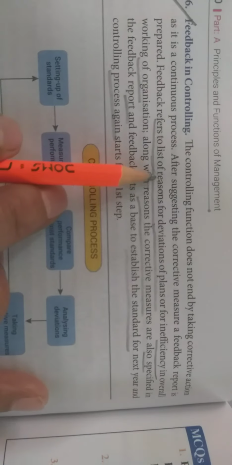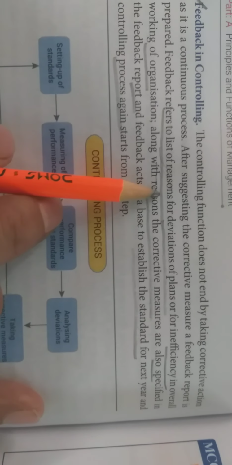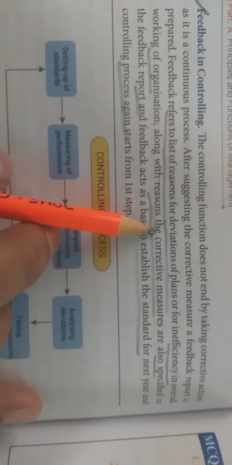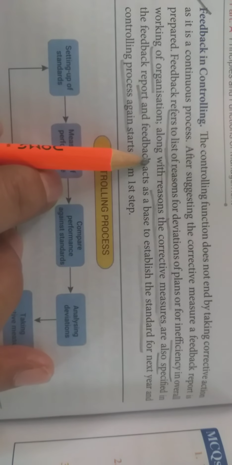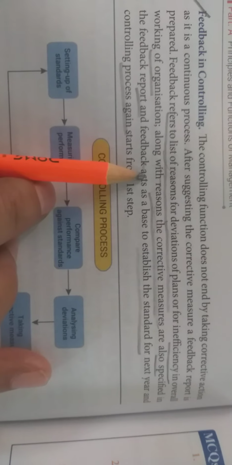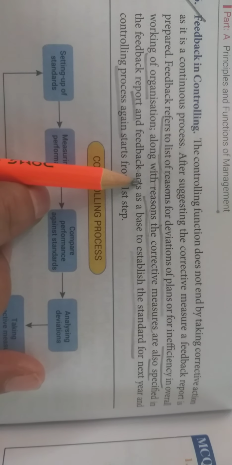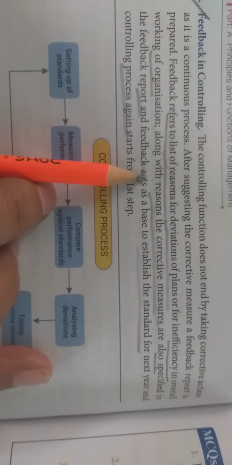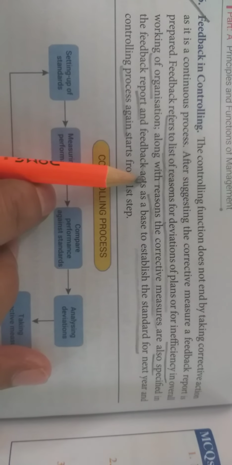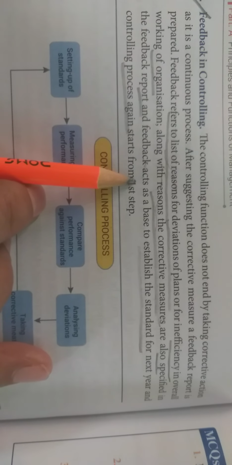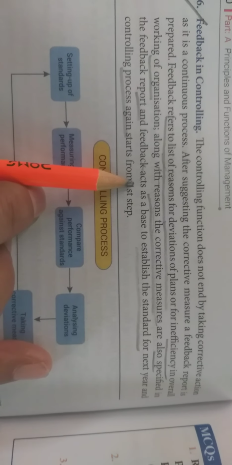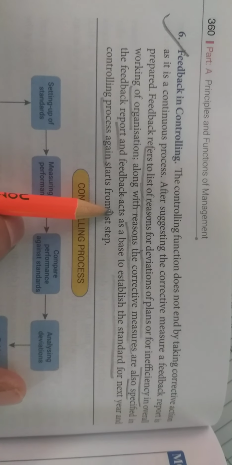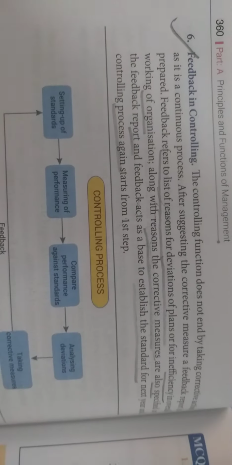What were the standards, what was the actual performance, and these were the deviations, and these deviations were due to these problems, or what were the causes of those deviations, and what corrective measures have been taken by the management to overcome those deviations so that those deviations do not occur in the future. A complete detailed report is to be prepared, a feedback report is to be prepared. So this is all known as controlling process, a very important topic.